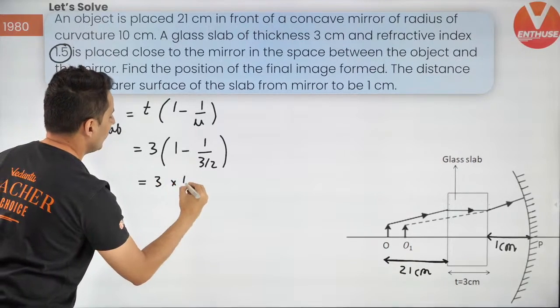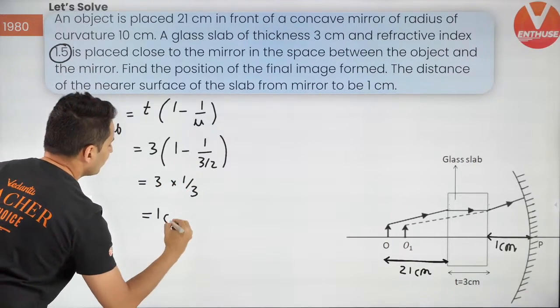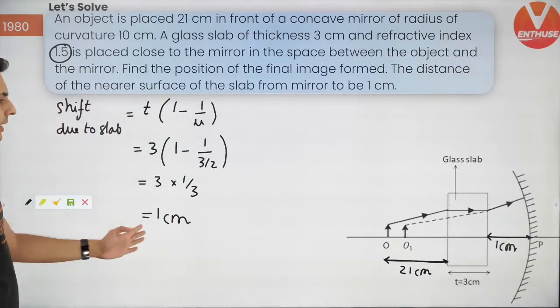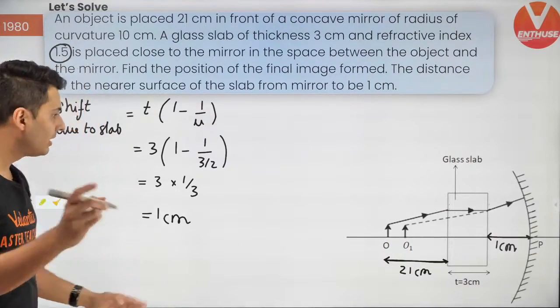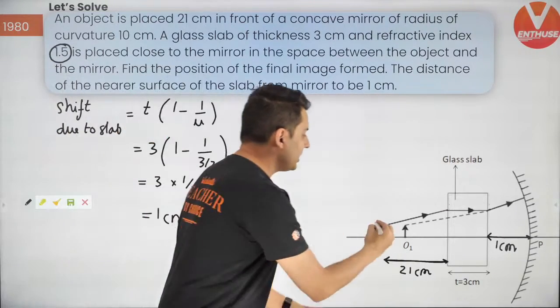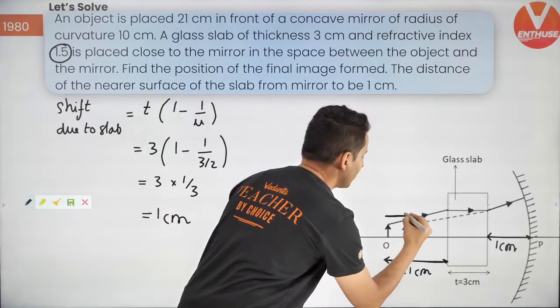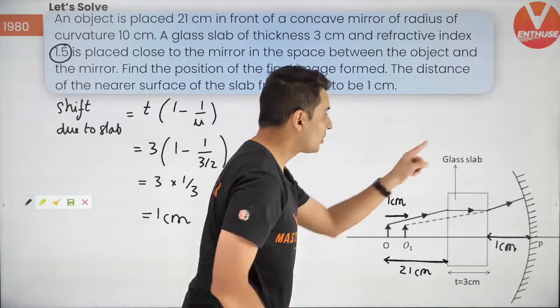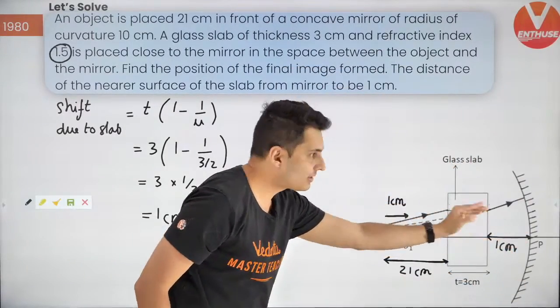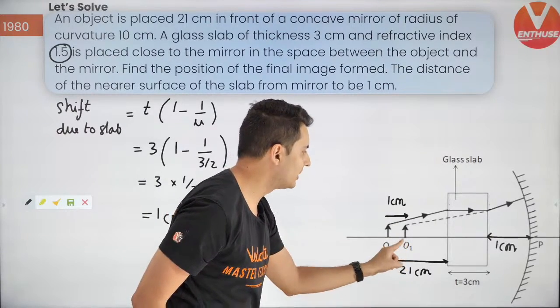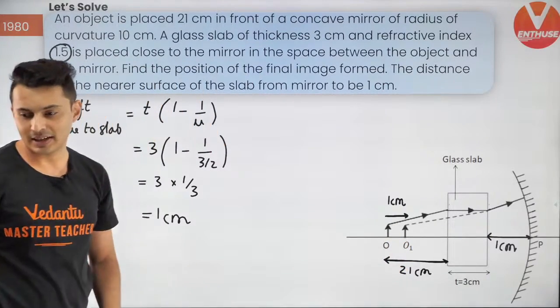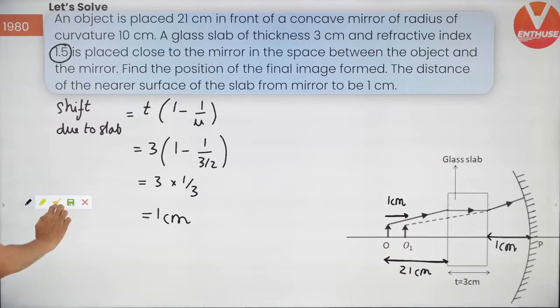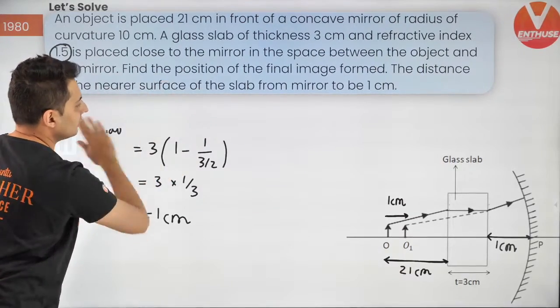So 3 into 1 by 3 will make it 1 centimeter. So the shift will be 1 centimeter. That means this object is going to shift here by 1 centimeter. So the mirror will perceive the object to be over here. Actually, it will perceive it to be here. Correct. Now, once you have understood this,